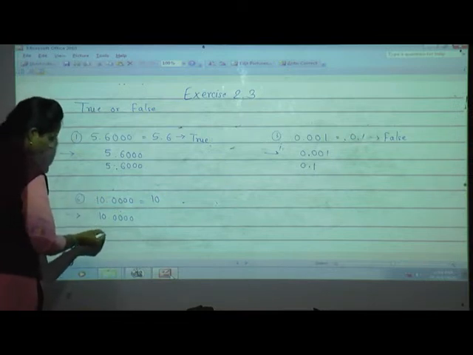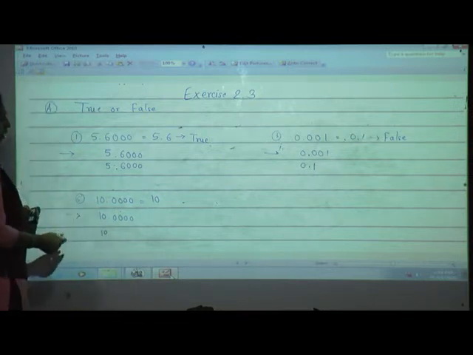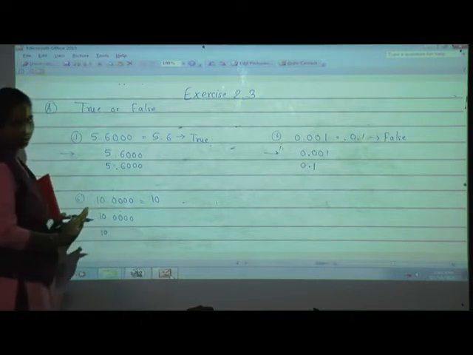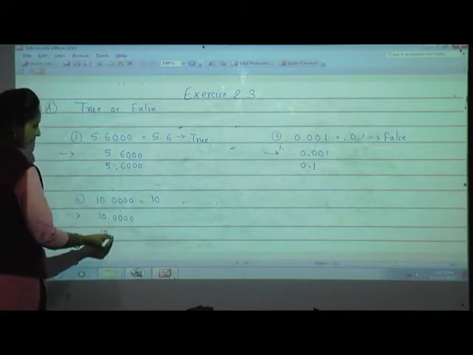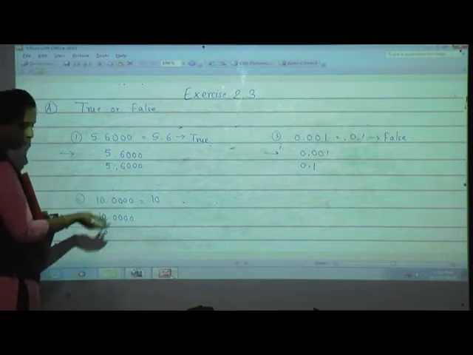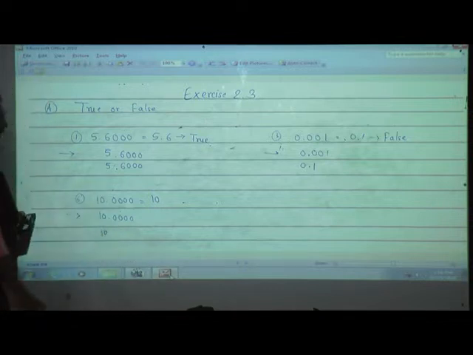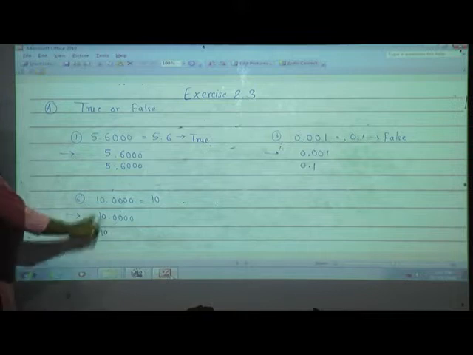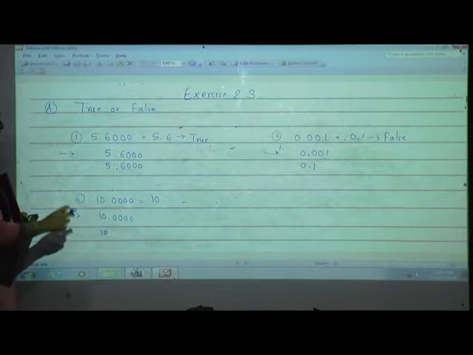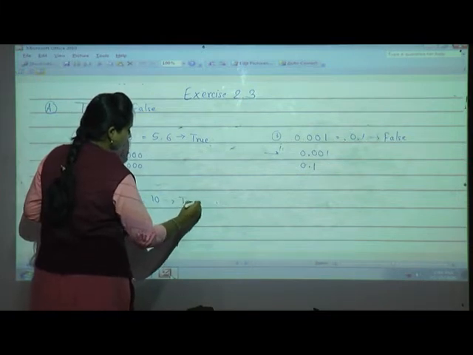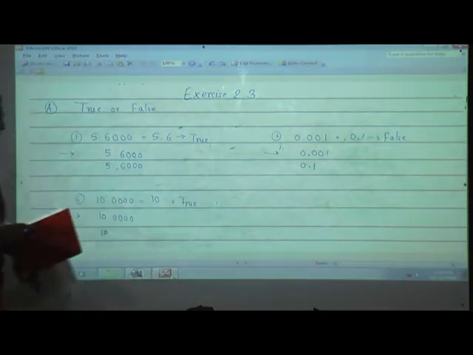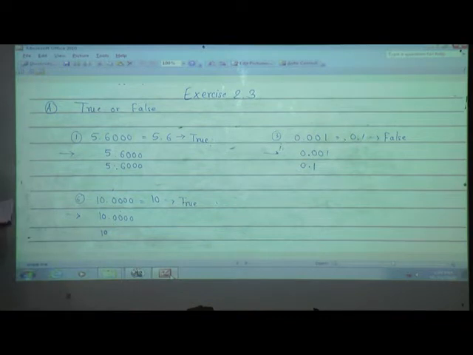So I'll write it before the decimal. See, here the decimal point is not there at all. So it comes before the decimal, and you can give the decimal point and add as many zeros as you want. If you don't give it, that is also okay. So before the decimal, the numbers are the same, which means they are equivalent decimals. So you can say here this is true. Now I will take one last one, the eighth one.